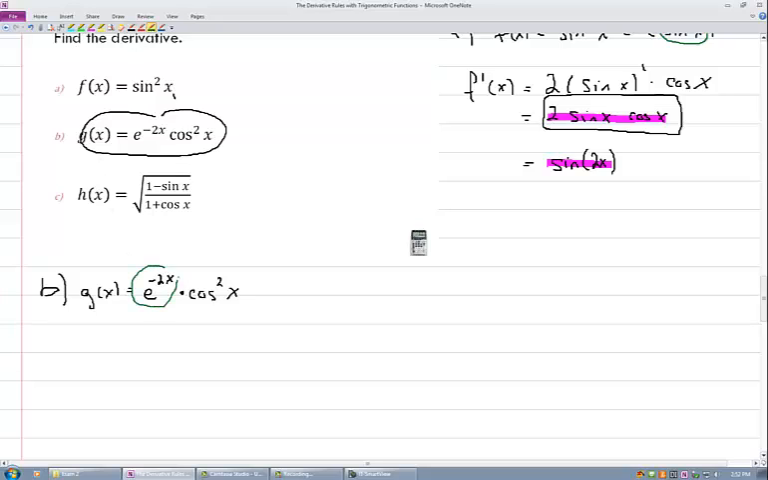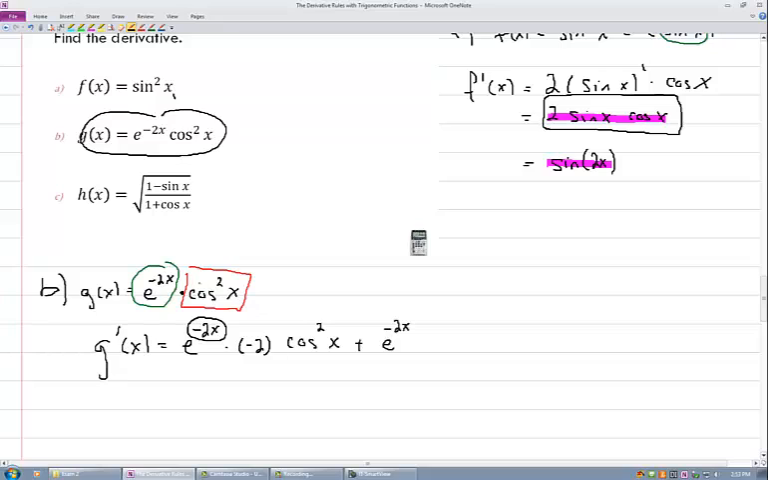So I have my first function, and I have my second function. And I simply use the product rule, which says the derivative of g of x, so g prime of x, is equal to the derivative of the first, which is e to the negative 2x, derivative of the outside, times the derivative of the inside, which is a negative 2. Right, so remember, this inside here, the derivative of negative 2x is a negative 2, times the second, so this is part of the product rule, cosine squared of x, plus the first, which is just e to the negative 2x,